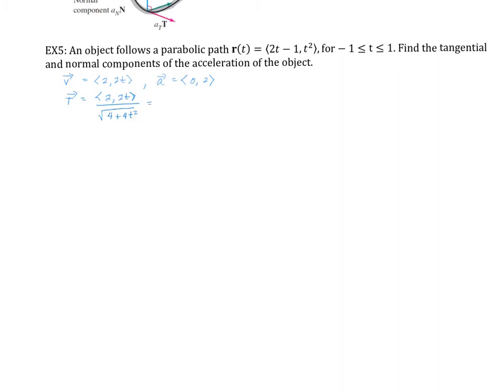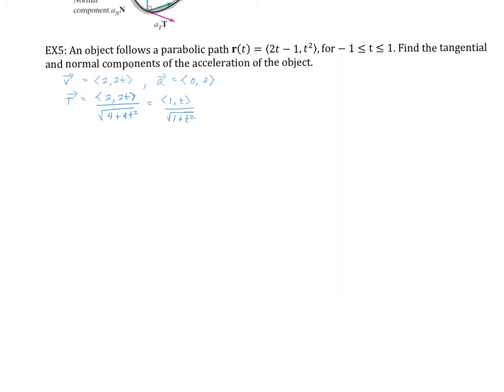Now if I factor out a 4, that would be the square root of 4, or 2, and divide by 2, I can write this in a simpler form as 1, t over the square root of 1 plus t squared. So I have this tangent vector,